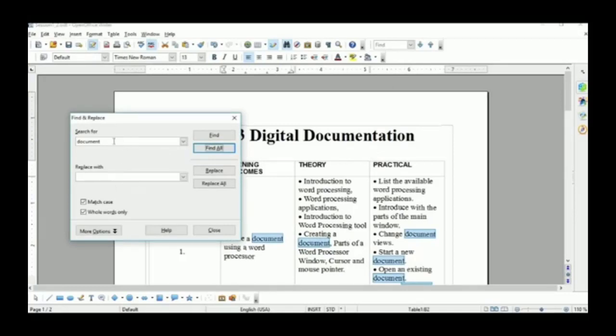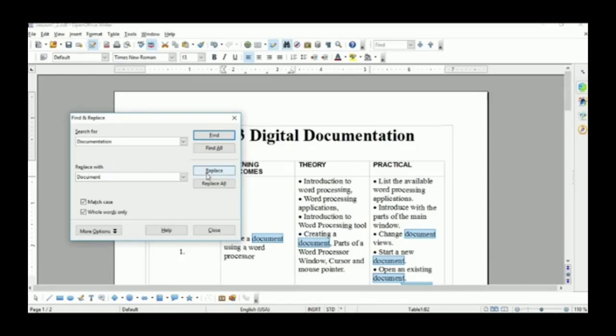Suppose that I want to convert this documentation word, I want to replace with document. What I do? First I type documentation word in the search field, and then this word I want to replace with document, D-O-C-U-M-E-N-T, document.